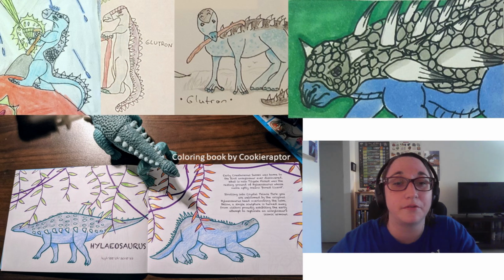And so that's what's shown in the lower left corner of the screen there. We've got the actual dinosaur figure with a coloring page by this artist named Cookie Raptor, who is based in the UK. I do recommend it. Check out their shop online and learn some more about them. I've got a link to the website on my web page,